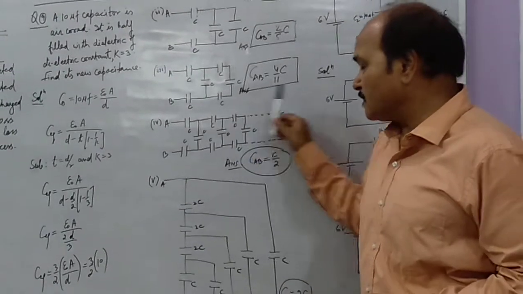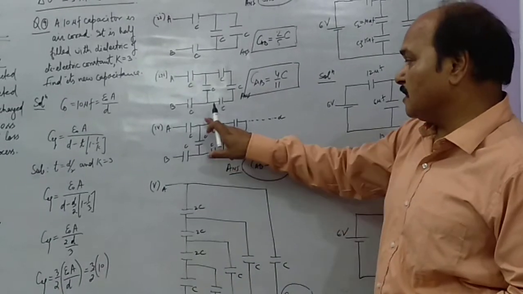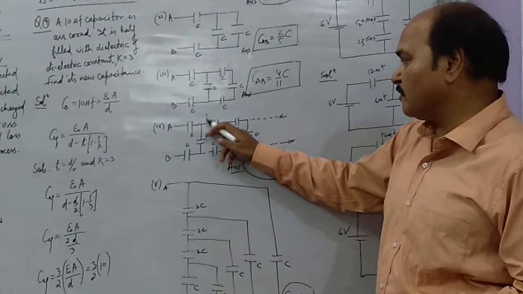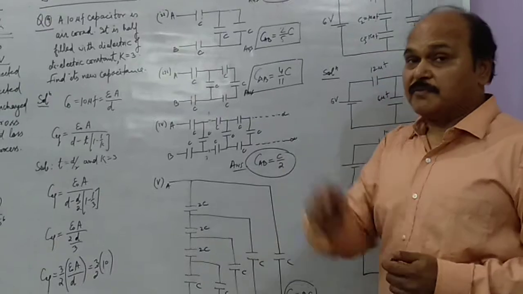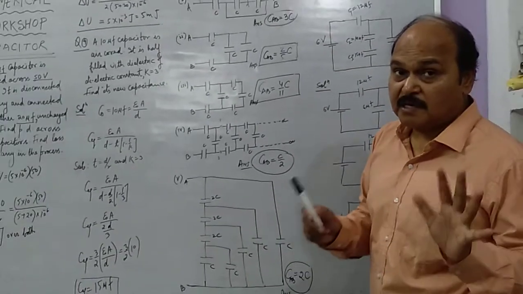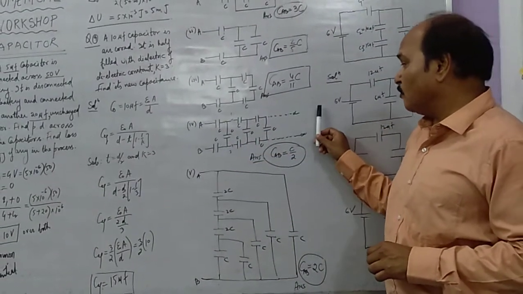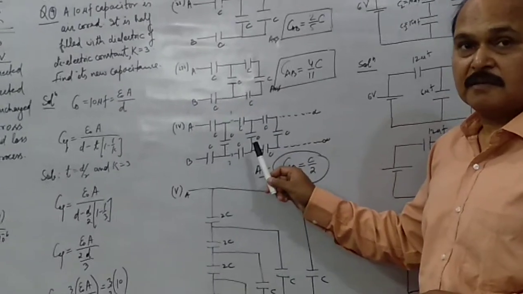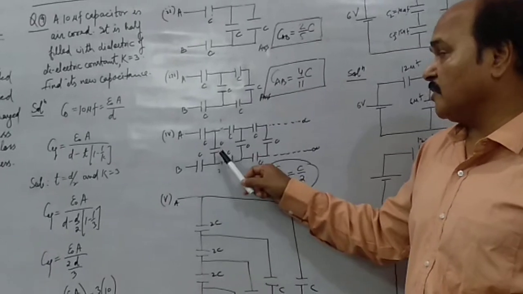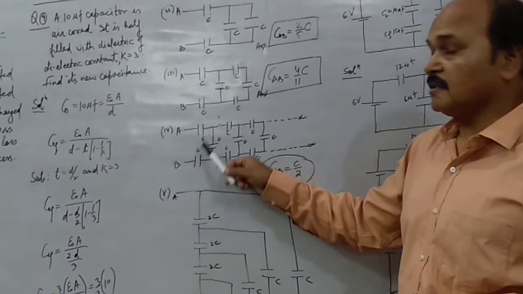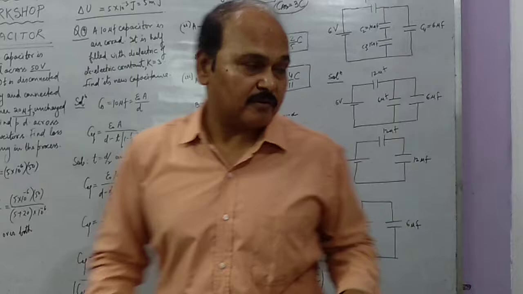We find out the equivalent. Let us say the equivalent of the whole arrangement about A and B is X. Then the equivalent of all the arrangement about these points 1 and 2 would also be X. Why? Because if we subtract 1 from infinity, infinity remains infinity. This is the trick I am telling you. So for whole of the circuit, the equivalent is X. Then the equivalent of the whole circuit about these 2 points would also be X. In that case, X and C would be in parallel, and then whatever equivalent comes out to be C plus X, C and C are in series, and the equivalent comes out to be X. So please work it out, or else I will let you know later on.